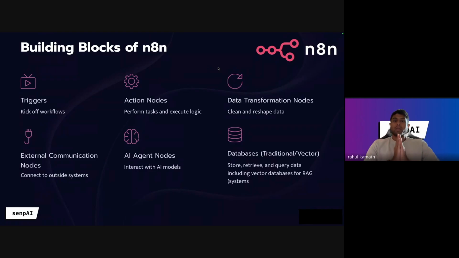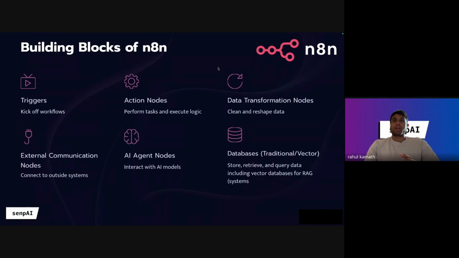Then come external communication nodes. These are for when you want your workflow to communicate with something outside of N8N. Maybe the action nodes are not available on N8N, but you need to make API calls. Let's say you want to fetch the latest stock prices, maybe call Zerodha APIs or Groww APIs, or check your portfolio.